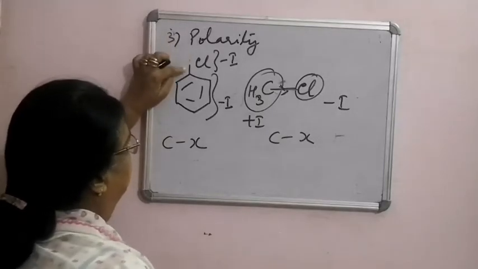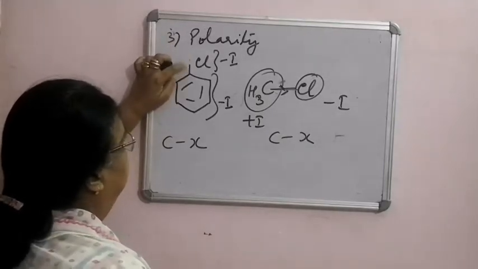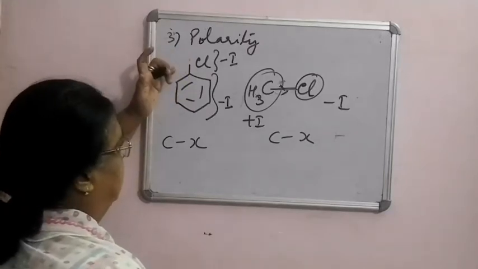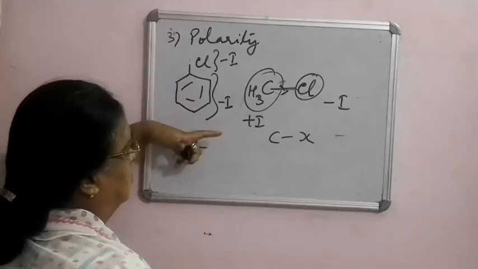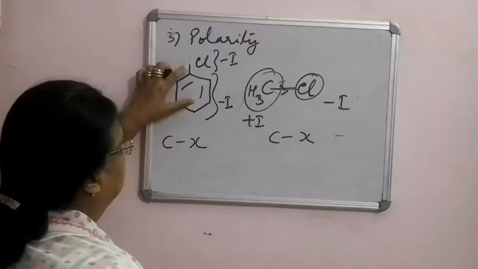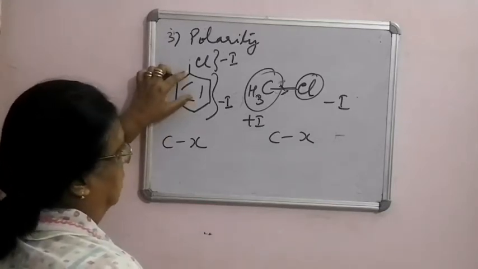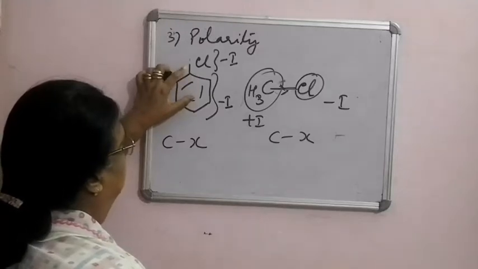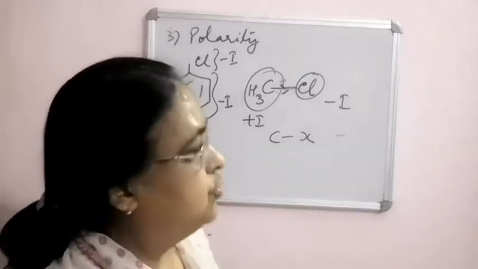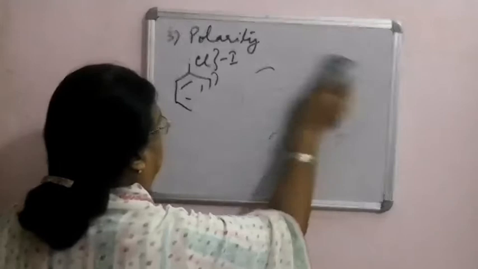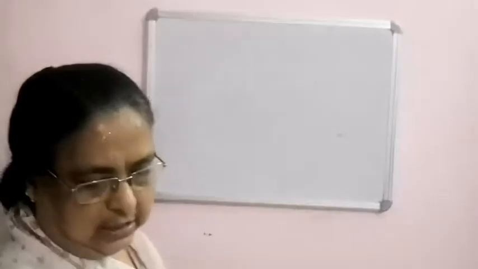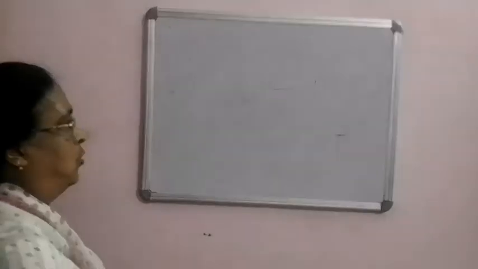Whereas in this case, you will not see that this shared pair of electrons will be pulled by this, so it will not be gathered to one of the sides. So polarity will not be as strong as in the case of alkyl halide. And therefore this bond will be strong. When this bond is strong, not so polar, it will not undergo nucleophilic substitution reaction that easily. So these are the 3 points on which you can compare the reactivity of alkyl halide and chlorobenzene